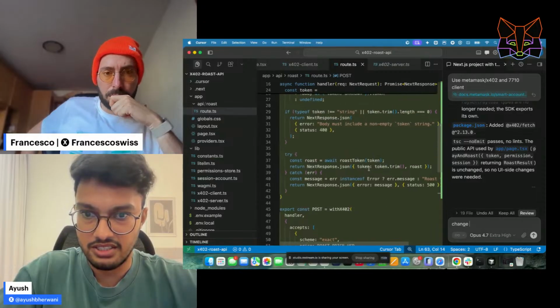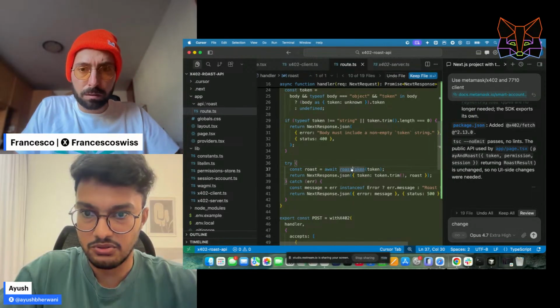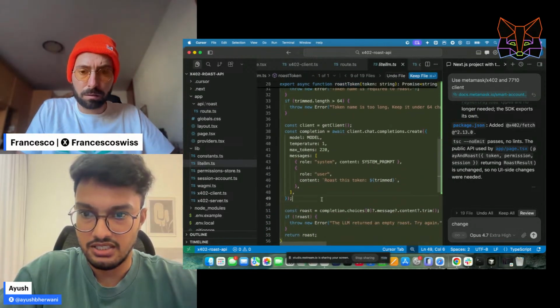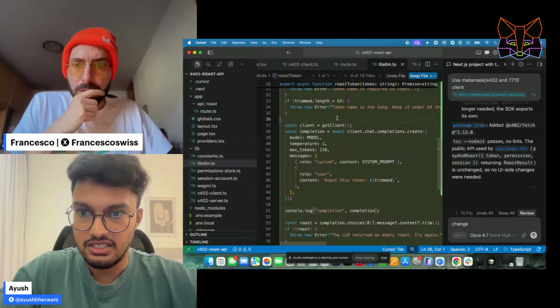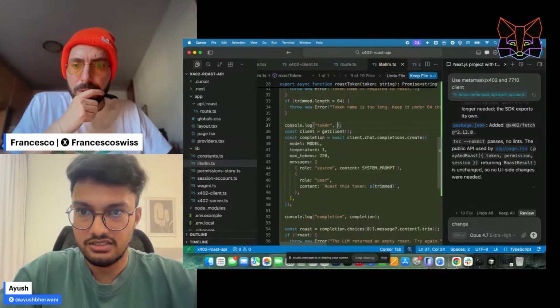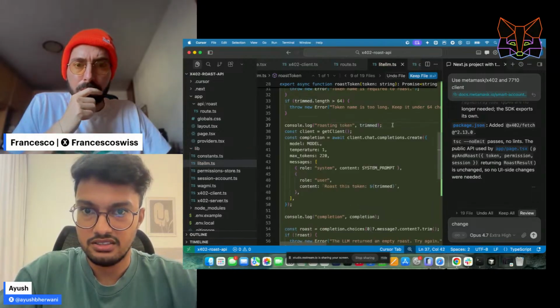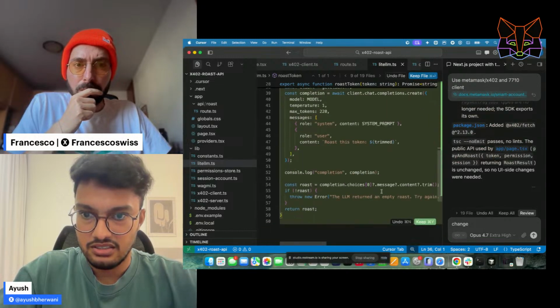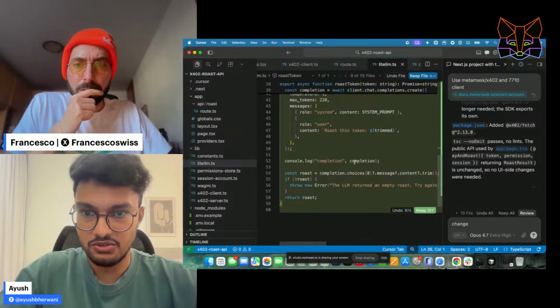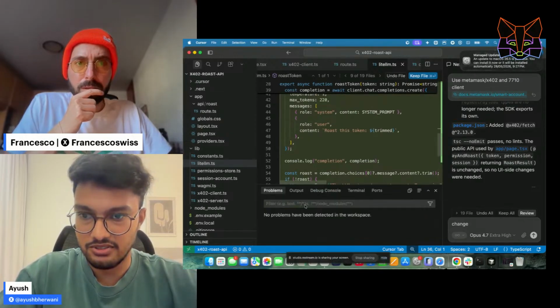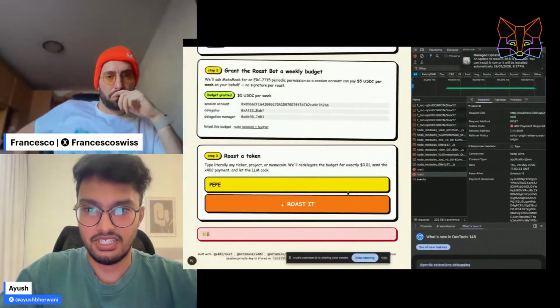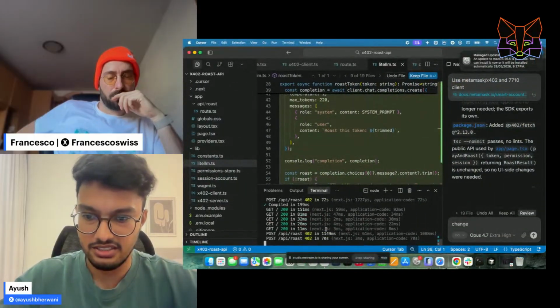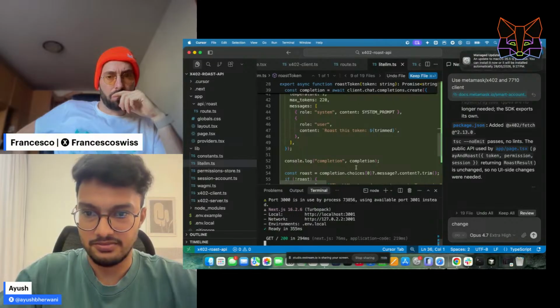So what we can try to do is go to the roast token one and add a console log, see completion, and we will get to know whether it is this issue or some other issue. If we know that this is the issue, we have debugged the cause of why it is not returning. We will have to restart the server again because we changed that.